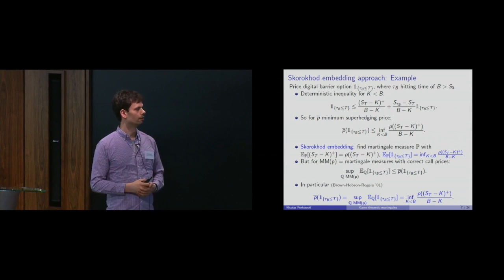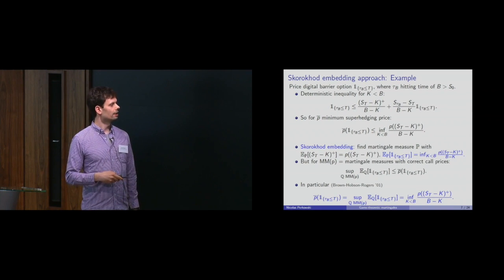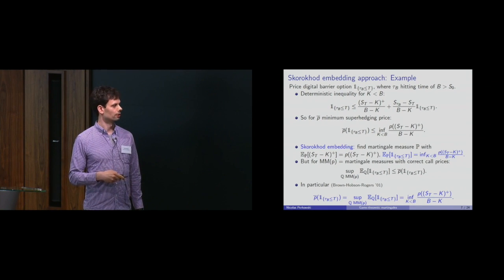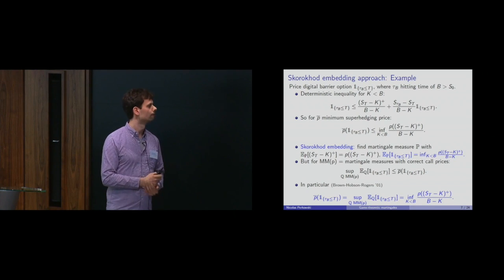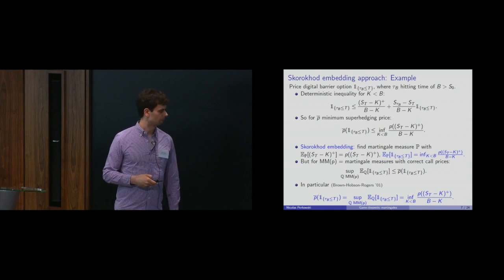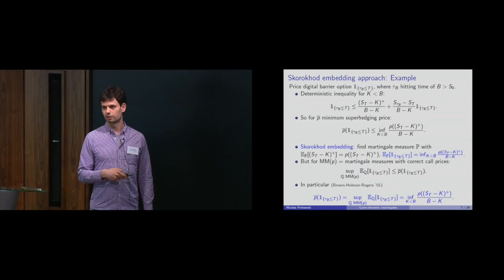Okay, and from that you get the duality, because if you have any martingale measure that reproduces the prices, then you can always see that the expectation must be less than the minimal superhedging price. This is what I said, this is the easy direction in the duality. And so therefore the supremum must be bounded from above by this superhedging price. But on the other side, well, the superhedging price is bounded from above by this. And we found one martingale measure where equality is attained.